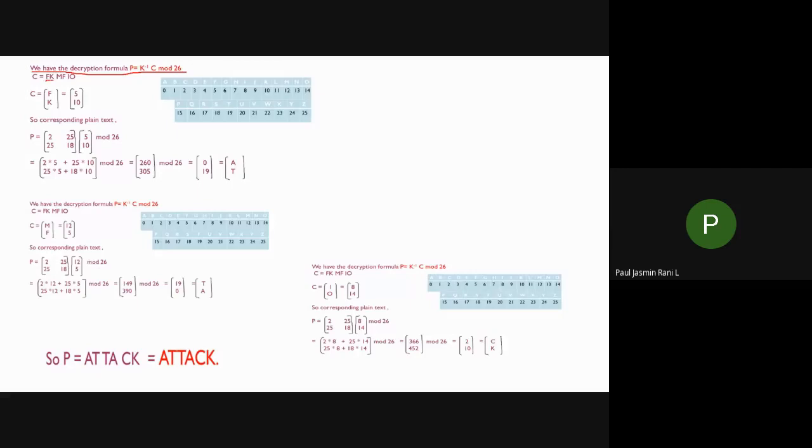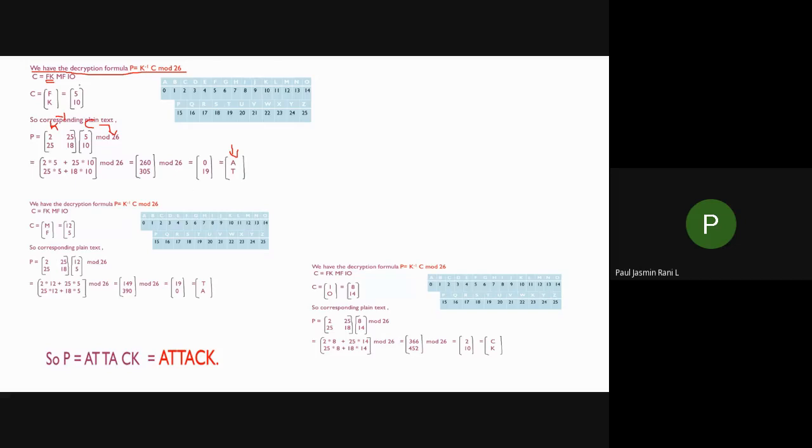Let us assume that FK is your ciphertext, and now you have to find your plain text. For FK, the corresponding values are 5 and 10. So what you have to do is multiply your K inverse into the ciphertext. This is your K inverse and this is your ciphertext. When you multiply those two, as we did in encryption, you will get the value 80. This is how you have to do it for decryption.